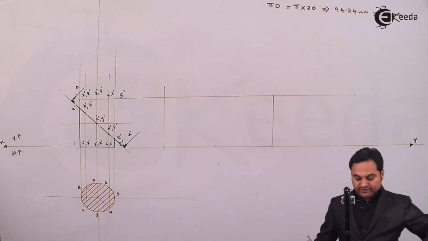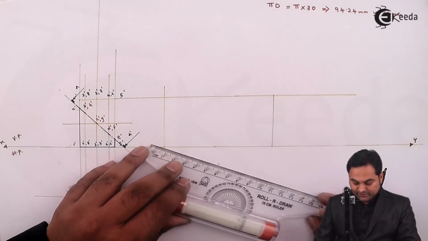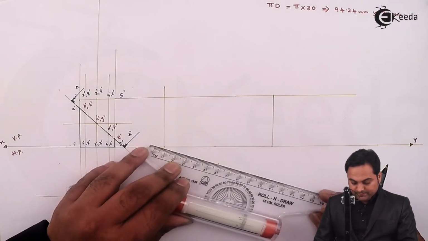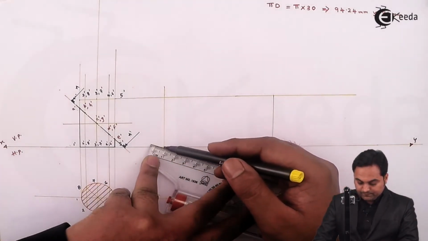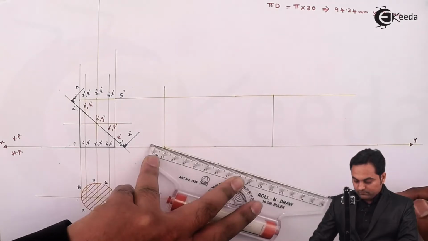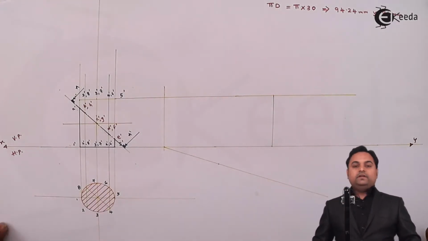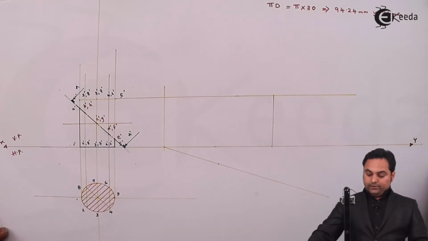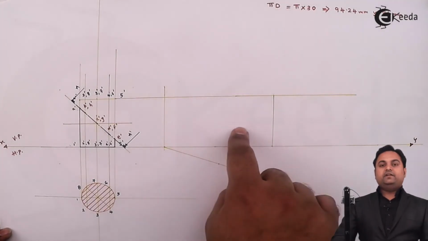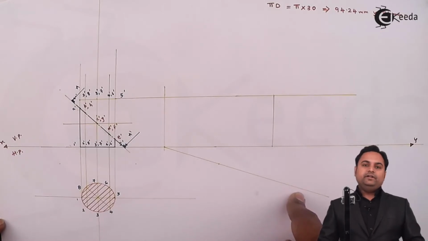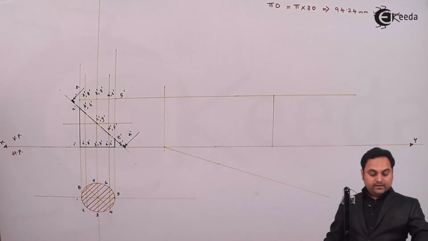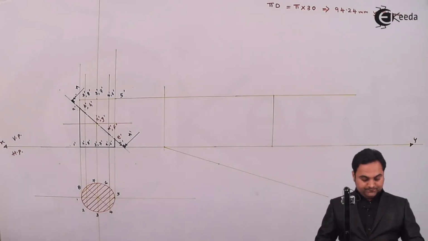Acute angle between 10 to 30, I am taking the value as 20. Now drawing a light line through it. Next, in order to divide this rectangle into 8 equal parts, first I'll divide this inclined line into 8 equal parts. For that, I have to take the distance of 1 centimeter,